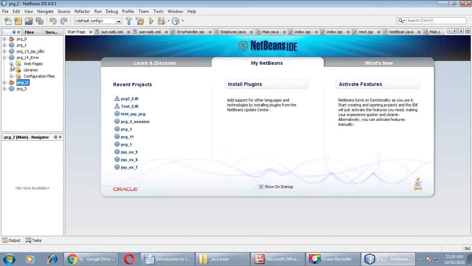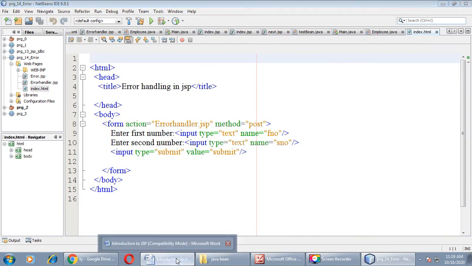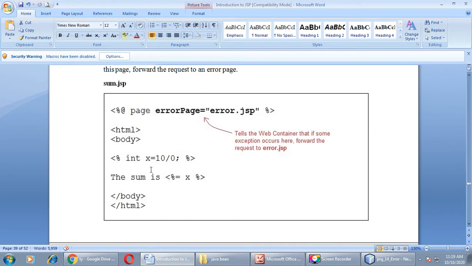And I told you that you have to create one simple JSP page, which we always create inside the web pages folder. So here it is, error.jsp. One index.html I have created. In our document here we have taken a static value. Instead of that, we will ask for the values from the user.